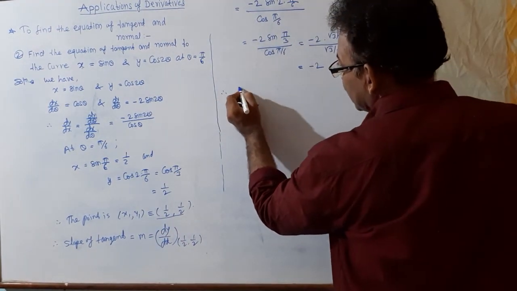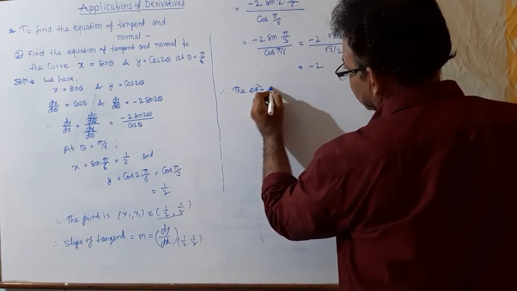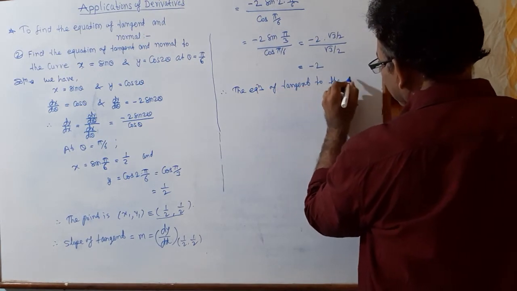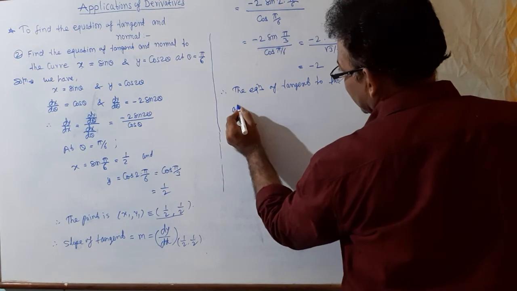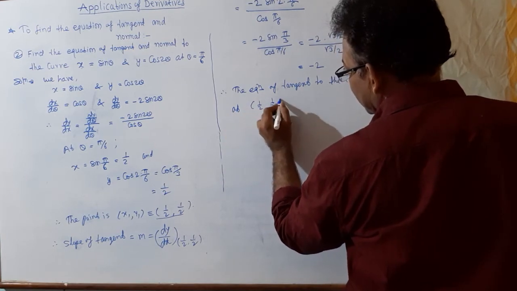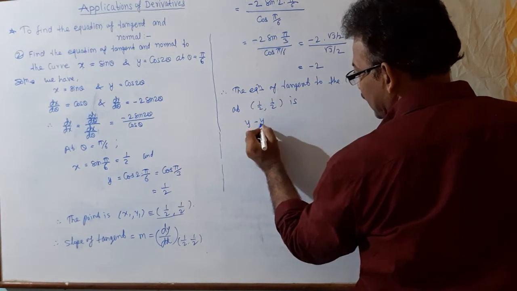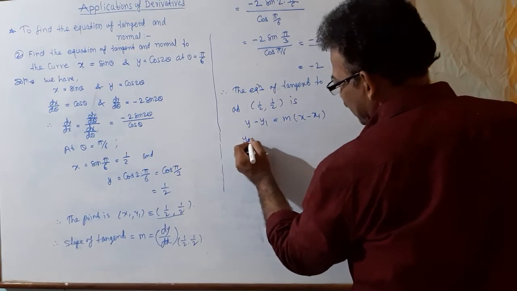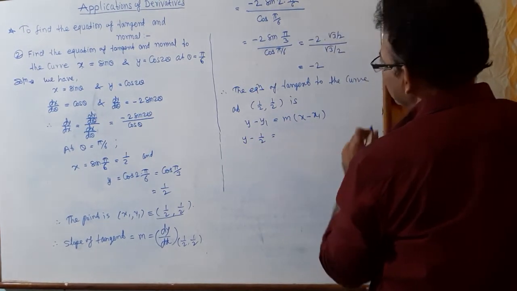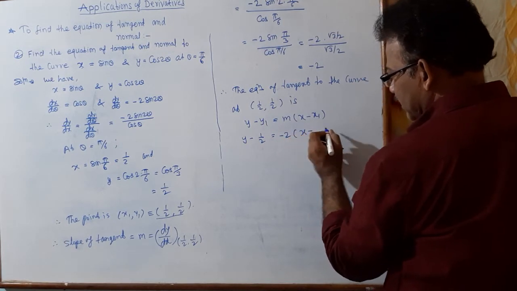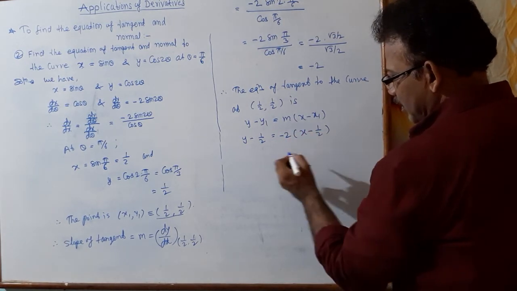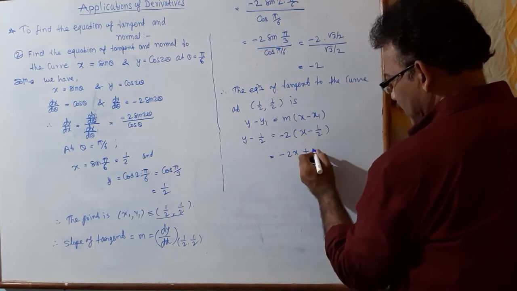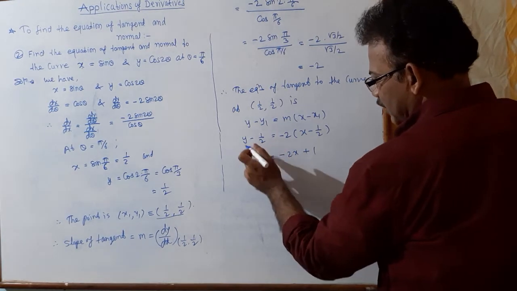We know the point is (1 by 2, 1 by 2), and the slope is minus 2, so we can find, therefore, the equation of tangent to the curve at point (1 by 2, 1 by 2) is, we know the formula y minus y1 equal to m in bracket x minus x1, putting values. So y minus y1 is 1 by 2, m slope minus 2 in bracket x minus x1 means again 1 by 2, and simplify this, multiply minus 2x, minus minus plus 2 cancel 1,